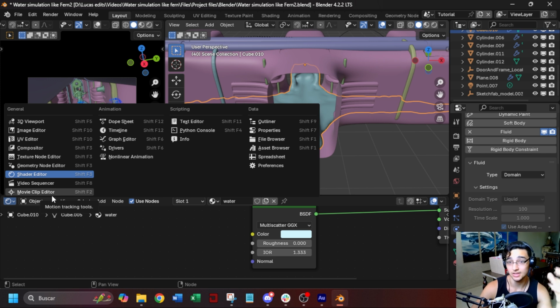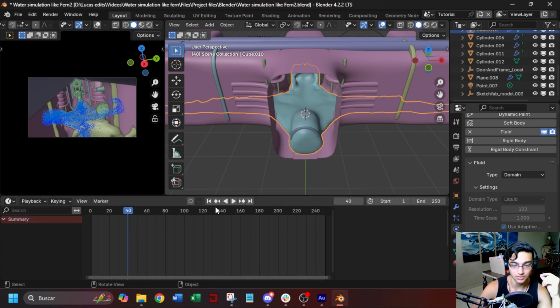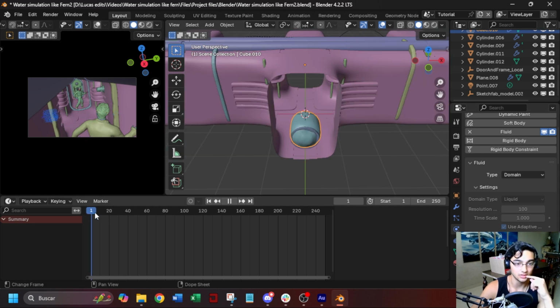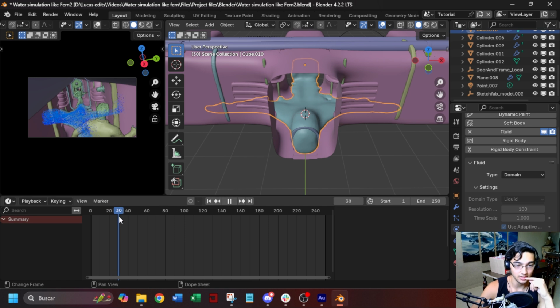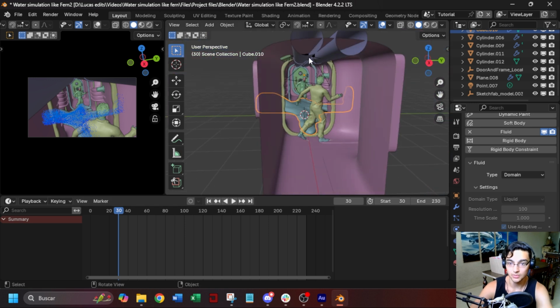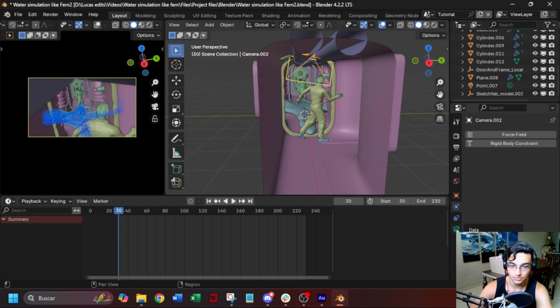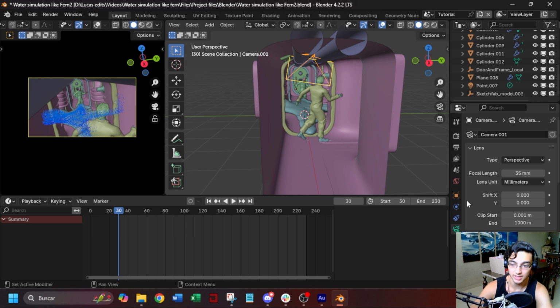Now let's do a little bit of animation, camera animation. So go here to the timeline, and you want to see the point where the water is almost already here. So in my case it's 30. So I'm going to start my animation at frame 30, and then I'm going to end the animation at 230. Now I'm going to select the camera, go to the data properties of the camera, and I'm going to scroll down,